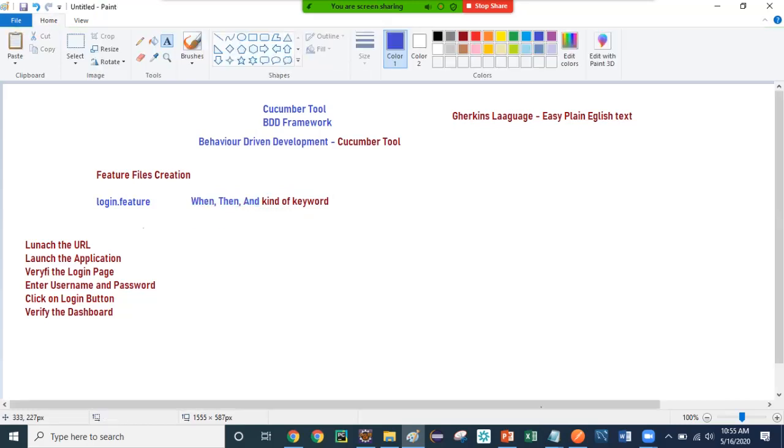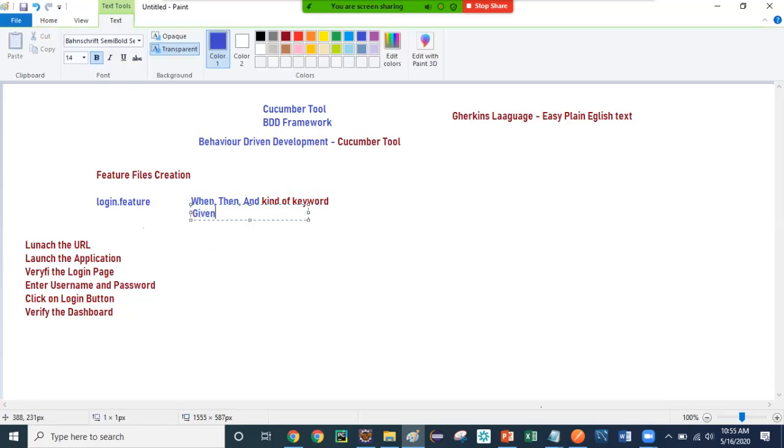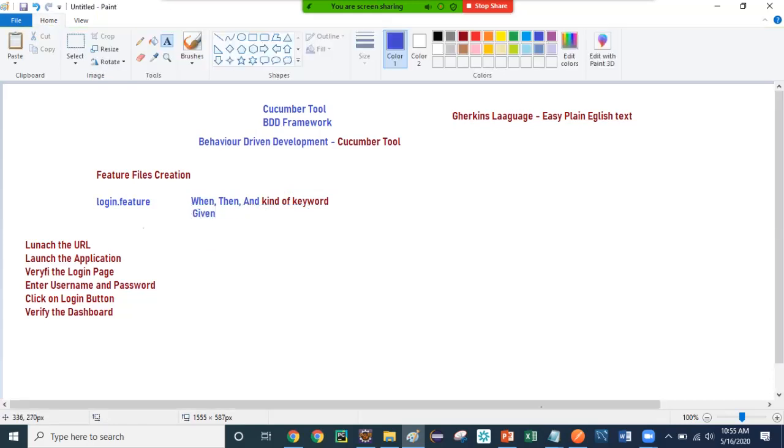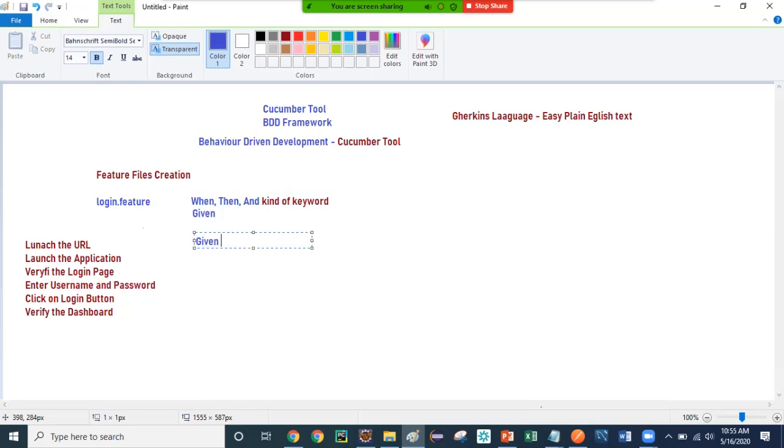We can also have Given as well. So I can just say Given launch the application, right? So launch the browser and the application is already given. So over here Given is a keyword.